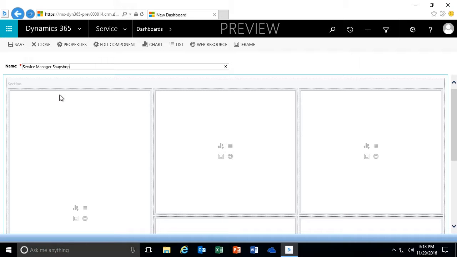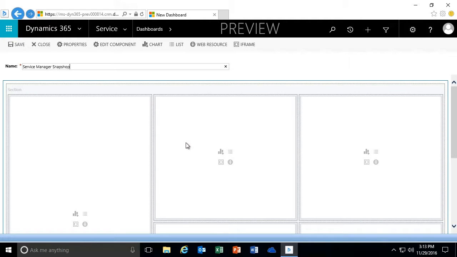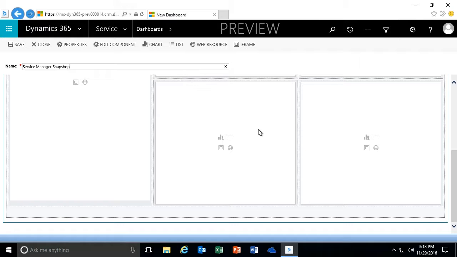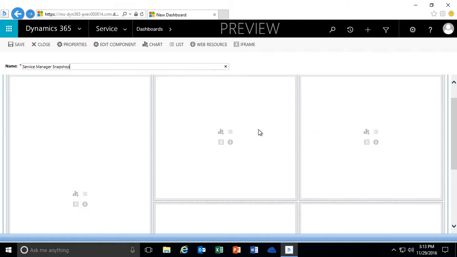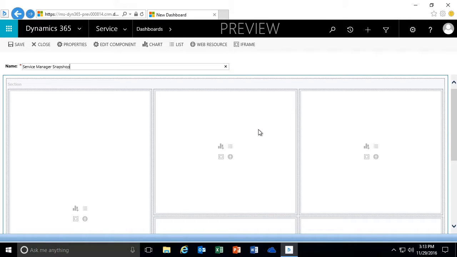And then with this snapshot, you'll see that within the actual dashboard, I now have placeholders to include the various components that are supported with our dashboards in Dynamics 365. Some of the main components that you can include within a dashboard are charts, lists of various views for different record types, and even iframes. So if there's a website reference that you want to include on your dashboard,